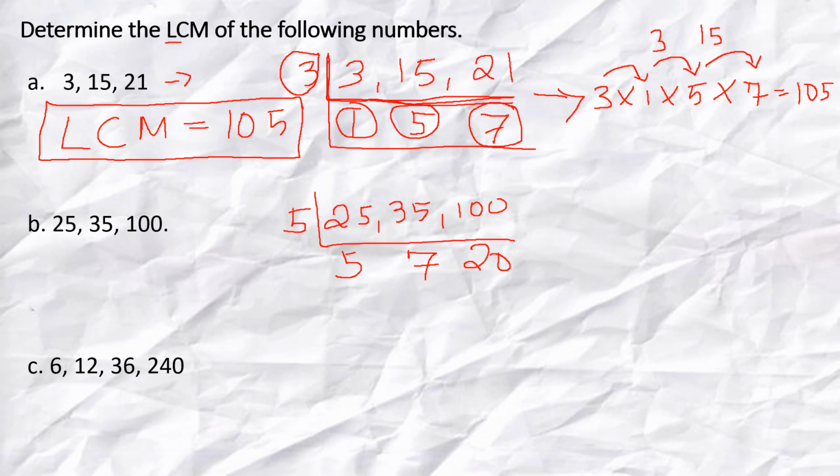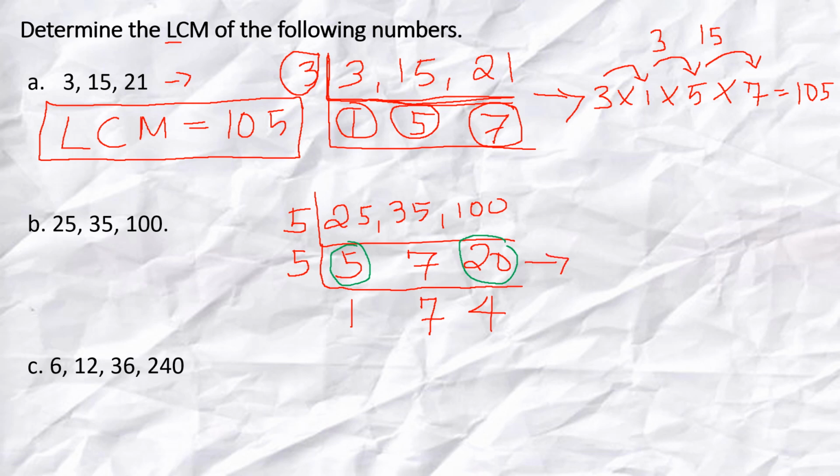So since we can still divide the two numbers here, 5 and 20, by a common factor, which is the number 5, we can still continue dividing them by their common factor, which is the number 5. 5 divided by 5 is 1. 7, we bring down the number 7. 20 divided by 5 is 4. Since there are no more common factors for numbers 1, 7, and 4, we can now